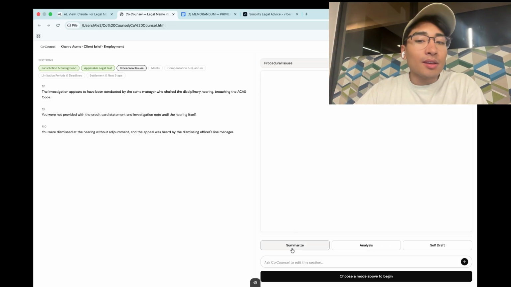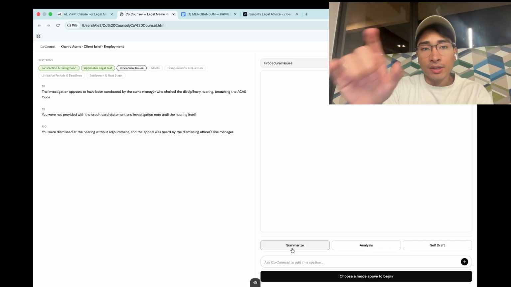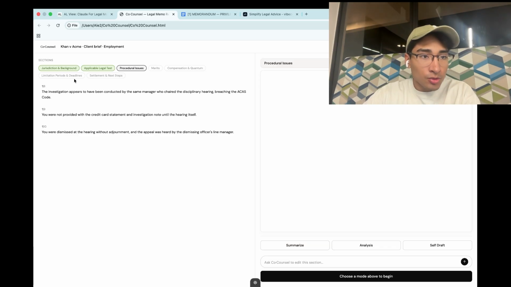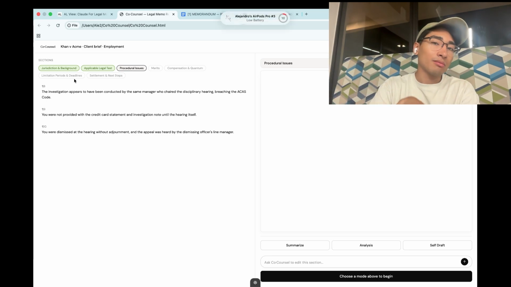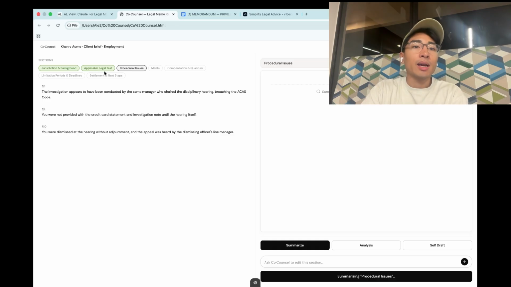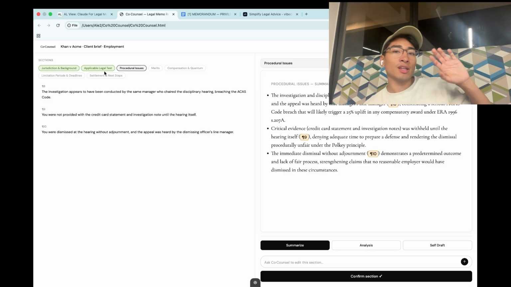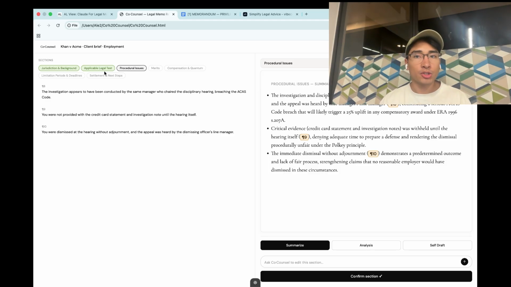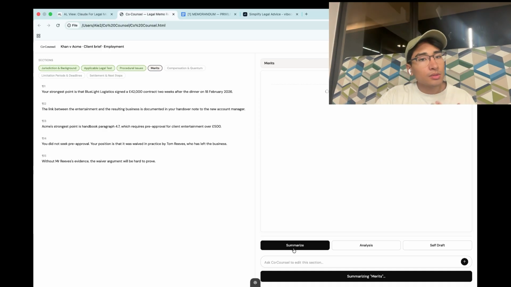What's interesting about this is that when Co-Counsel takes a thing for each next section, it will use the previous sections because you had been working with the previous sections and will add on with it based on what you were saying with these jurisdiction background applicable legal tests. It'll be taking those ideas from the past and bringing it forward, just like as you were working with someone and you have context from the past. And continue, and it keeps on building the structure with you.